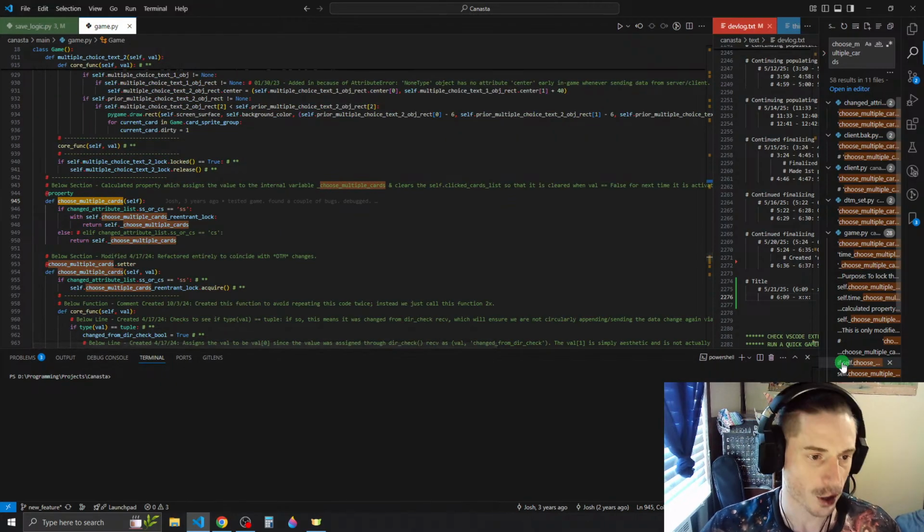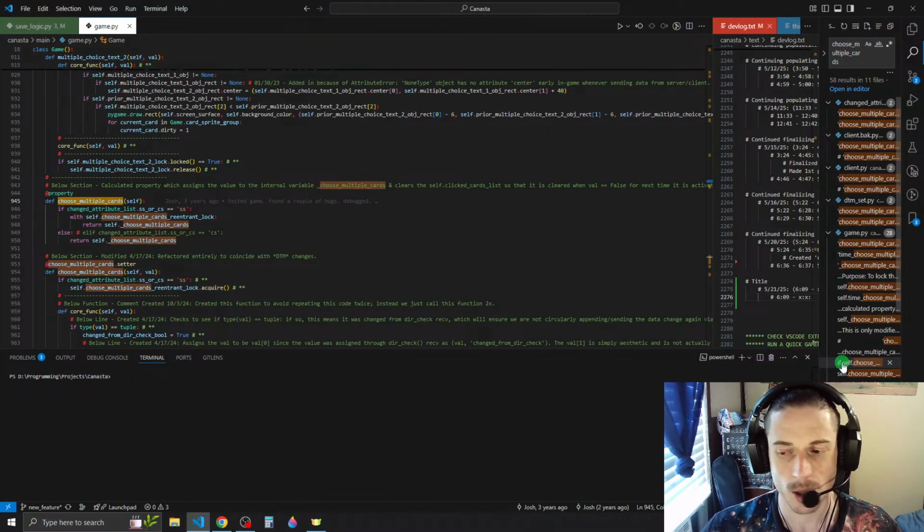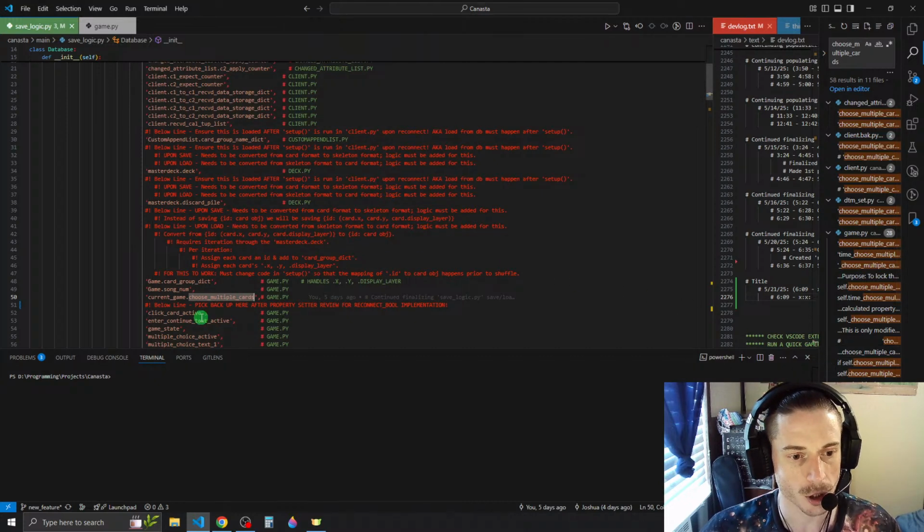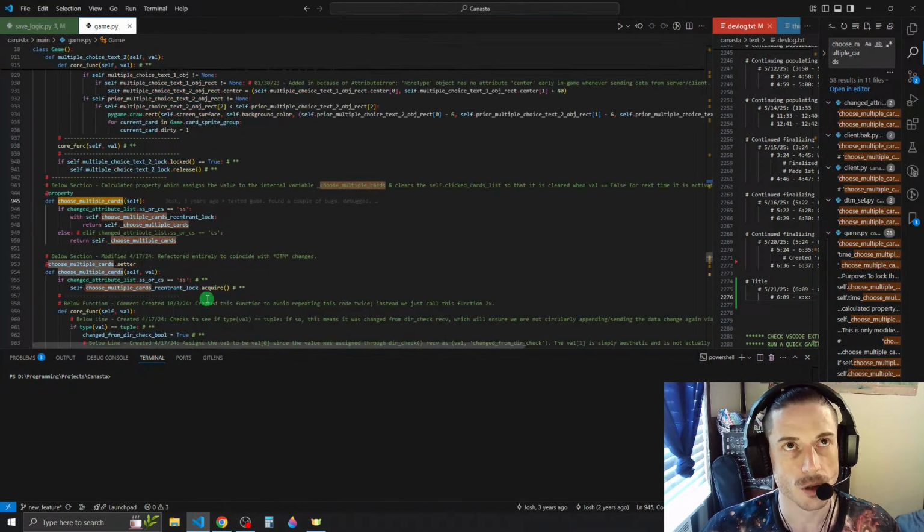Here we go. Okay, so choose multiple cards is a property. It is in game. The other one that we worked on is also in game, for click card active. So that means we have already imported reconnect bool to this file, and what we need to do is just do the same thing that we did with the other property, and basically that is to